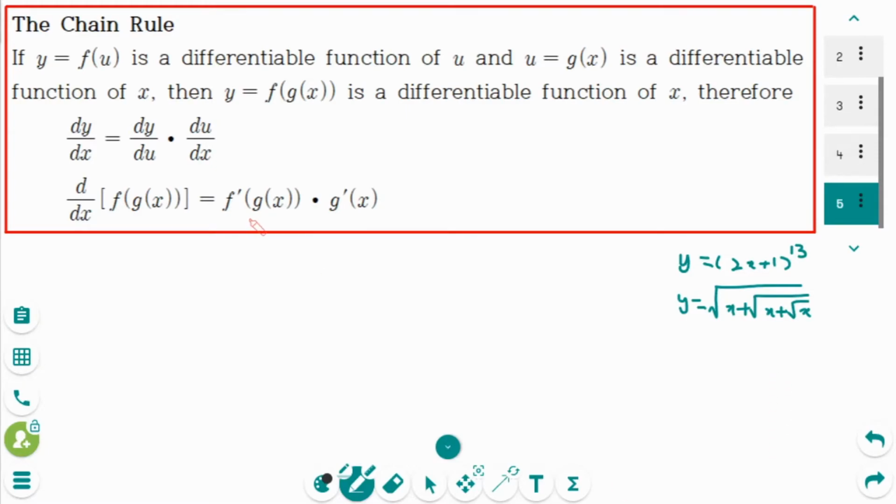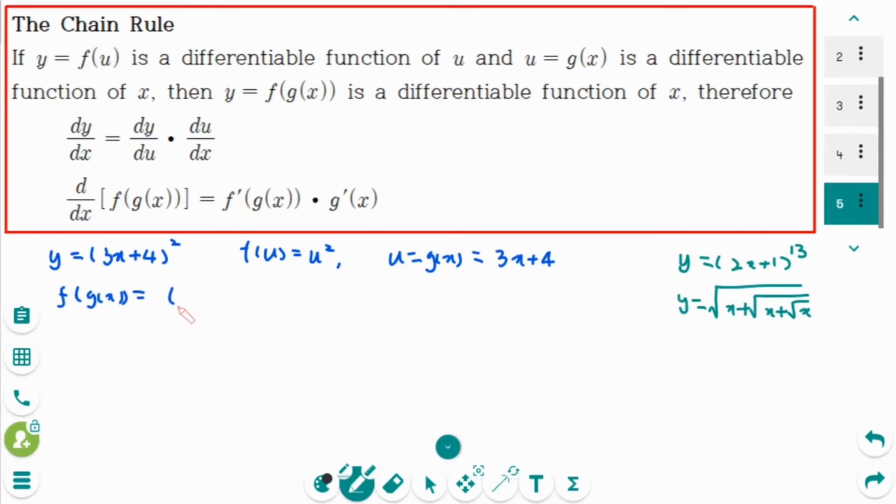We just did the first way. Let me explain again in the second way. y equals (3x plus 4) squared, then f of u equals u squared, then u equals g of x equals 3x plus 4. So f of g of x equals (3x plus 4) squared, then f prime of g of x times g prime of x